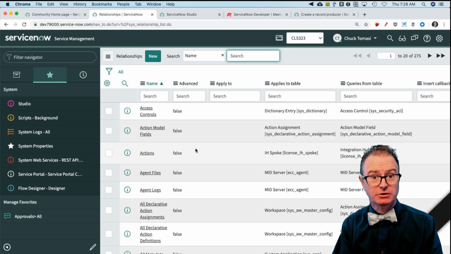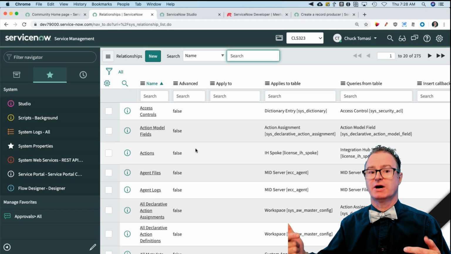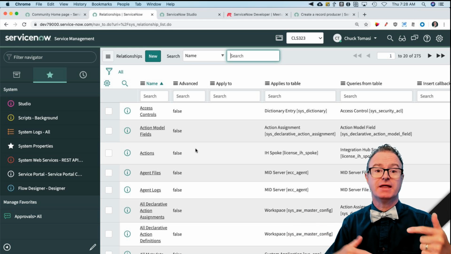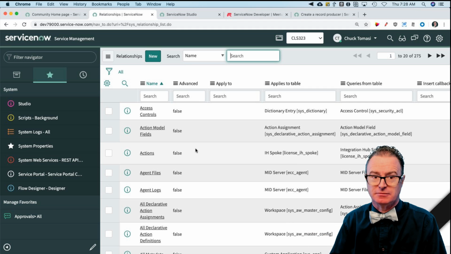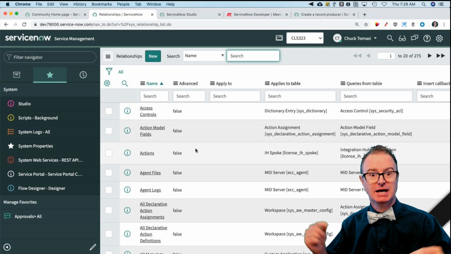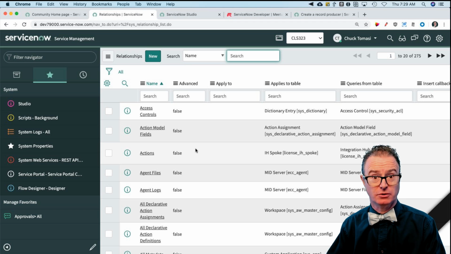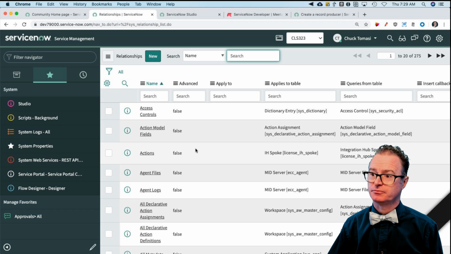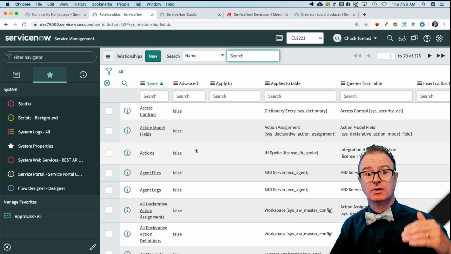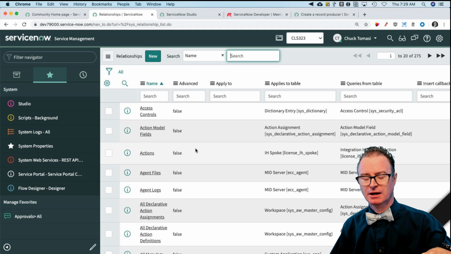So normally when you create a reference field, you get a free related list connection. You can automatically put a record relating to another table on that table's related list. Okay, that's a freebie. But if you need to somehow connect these and they're not related by a reference field, you can do a quick script to relate those. One classic example is on the incident table. On the incident form, you can put a related list of what